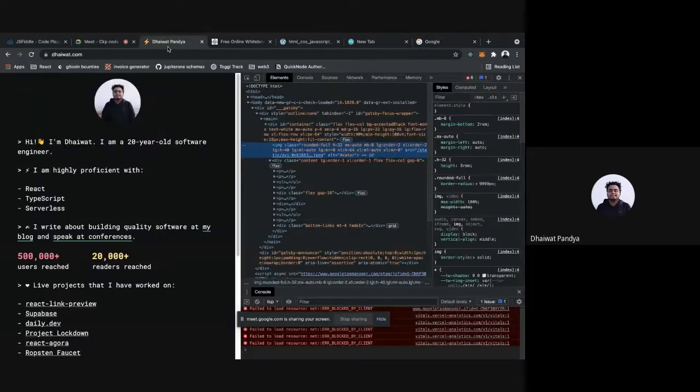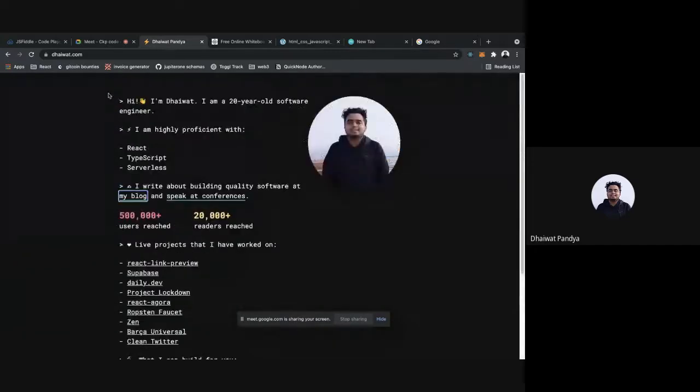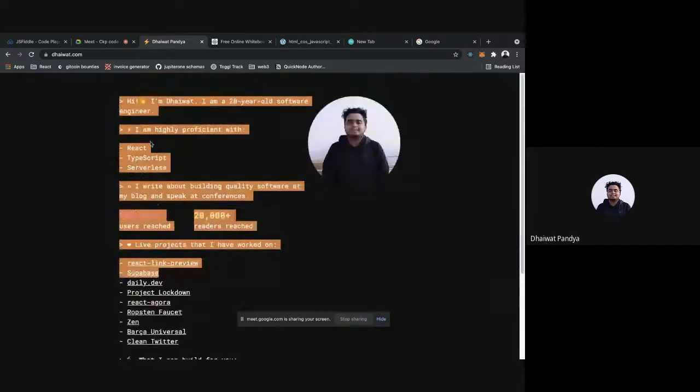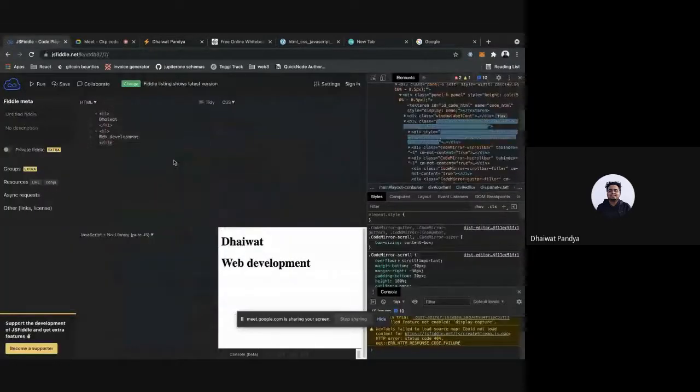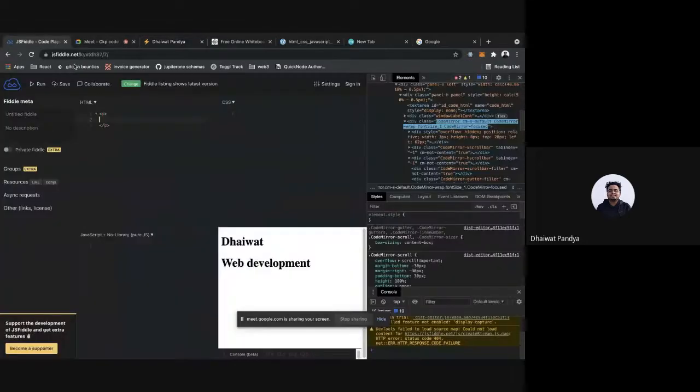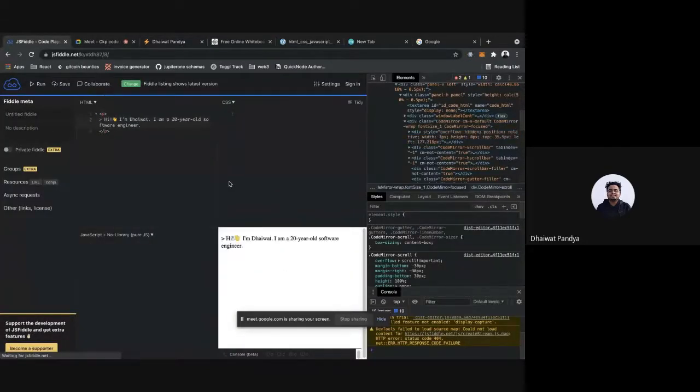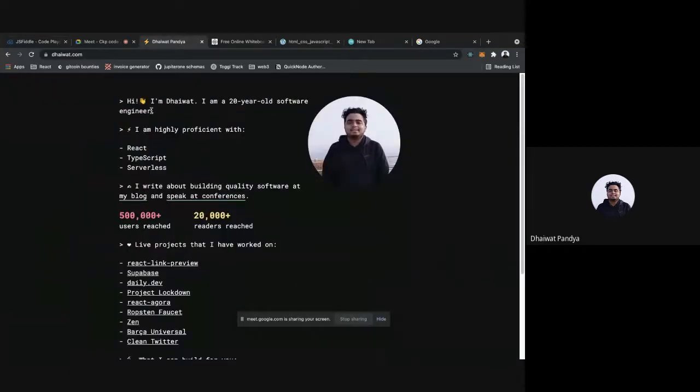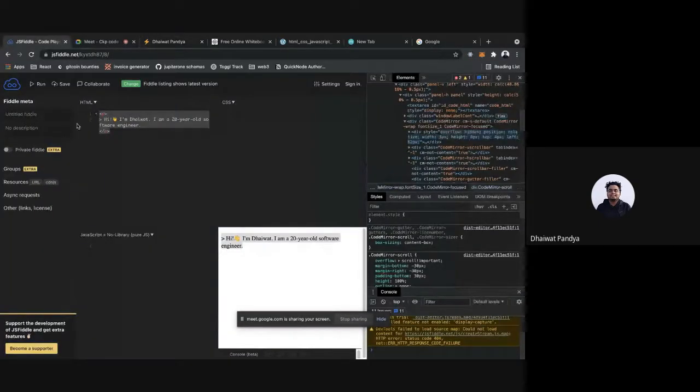I'll try to recreate my personal website here, just this section on the left. So I copy this text from here, refresh this. So this is a paragraph element. What I did is basically copy this thing from here and put it here.